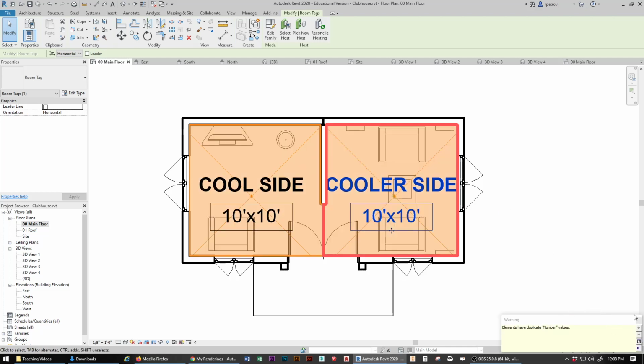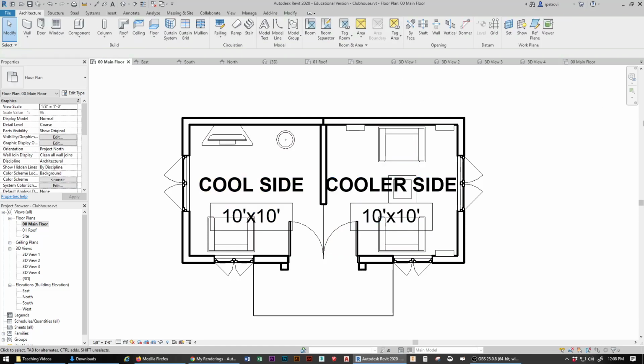I'm not too worried about that. I'm just going to ignore that warning if that pops up. Okay, great. All right, so the next thing I have to do in terms of preparing this for output on a planned document is